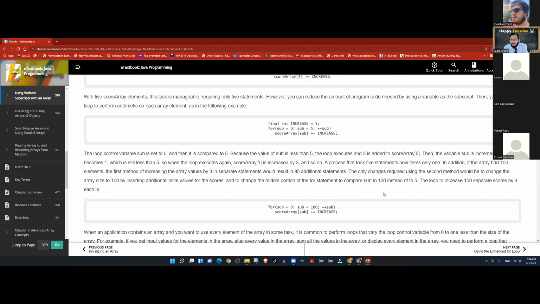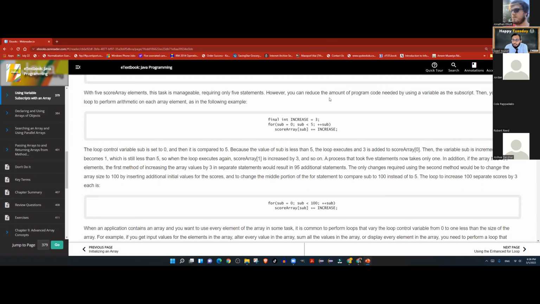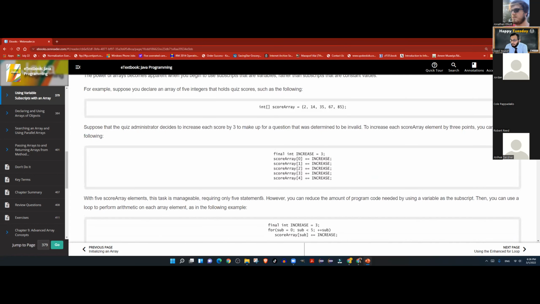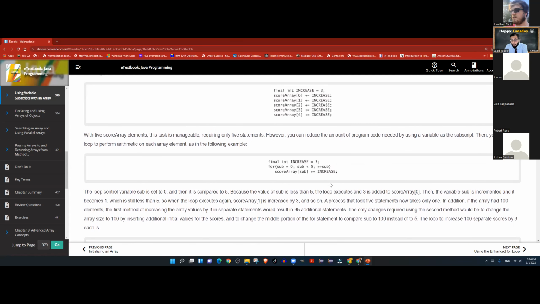Also, instead of displaying them one item at a time, or increasing the values linearly, it is also possible for you to run a loop that goes through the array. In our case, we are going from 0 to less than 5. Why are we going less than 5? Because the last index is 4. So either you can type less than or equal to 4, or you can type less than 5. Either of the two is fine. And then when you are traversing through the array, one element at a time, you grab the array based on the value of sub, it will go to that particular location in the array, and that's where it'll increment it by the value.